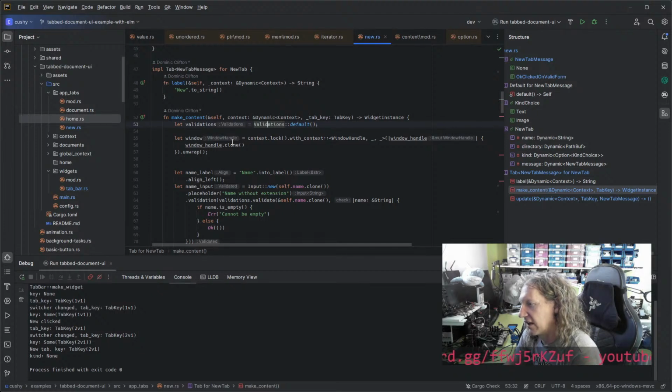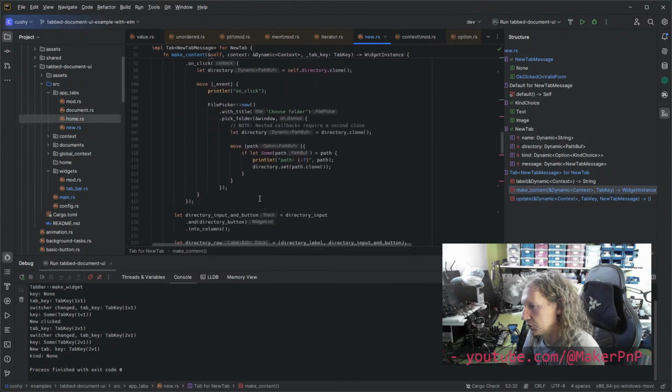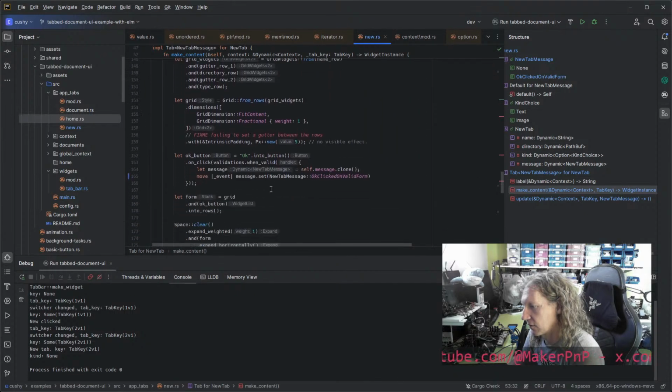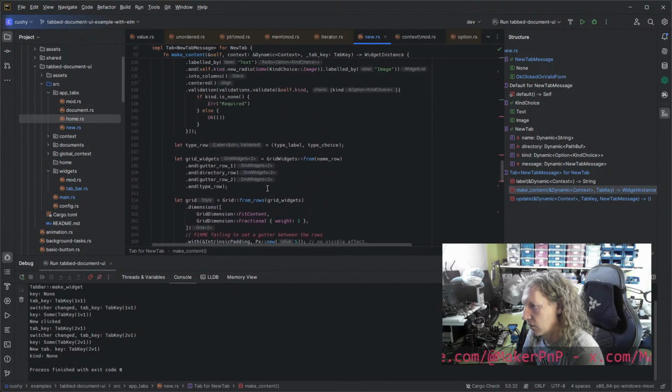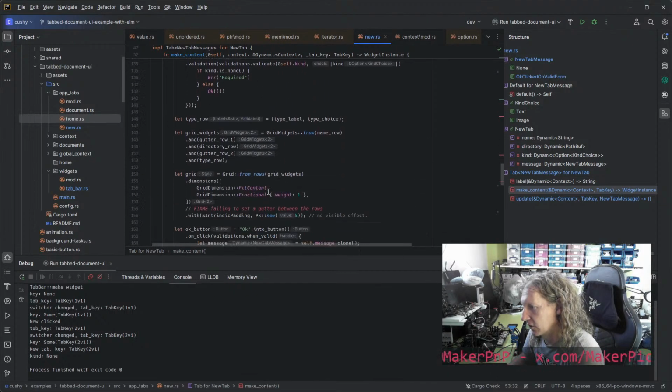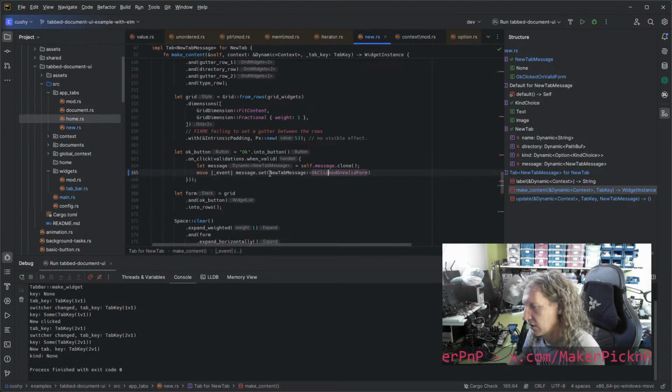Because it just holds the state. Interesting. So perhaps, where's my OK button gone? There he is. Perhaps